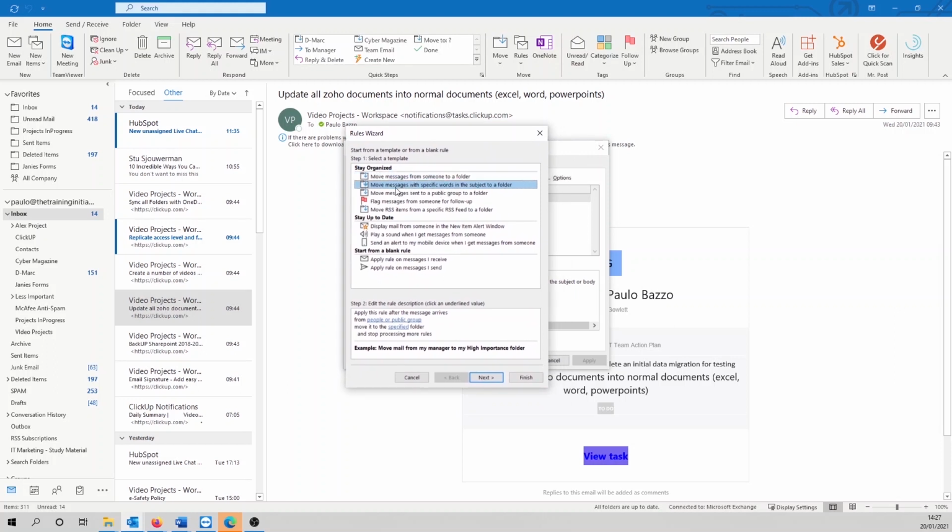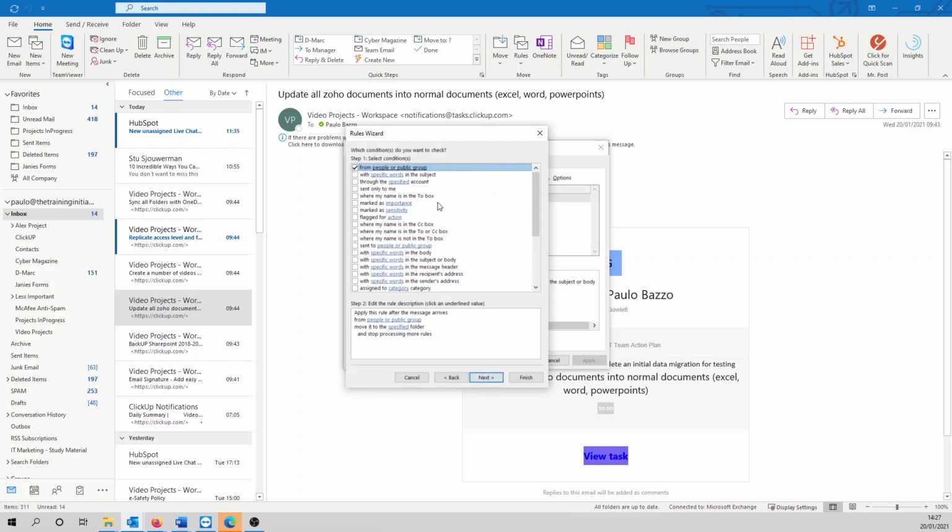I want to move the messages from someone to a folder, but for you it could be something different. So just press next. Here are other criteria. You can have multiple criteria as well, and then specify the reason here. But for this example, we're going to stick to messages from ClickUp. We want to move to a folder. So just click over here